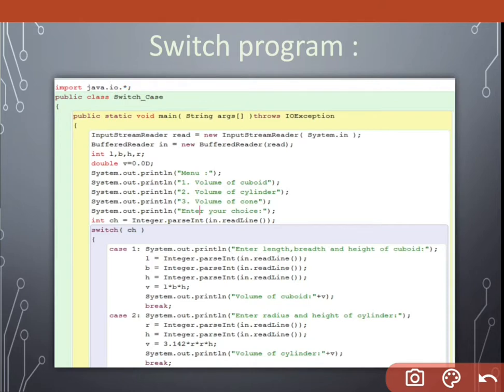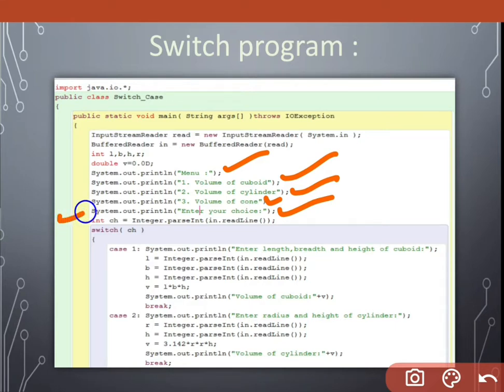And then see, I created one menu in front of you all. That menu contains number 1, that is volume of cuboid, then cylinder, then cone, and then we have to accept the user's choice, what the user wants. The user can ask for cuboid, cylinder, or cone, anything.